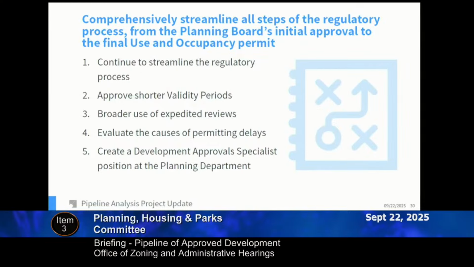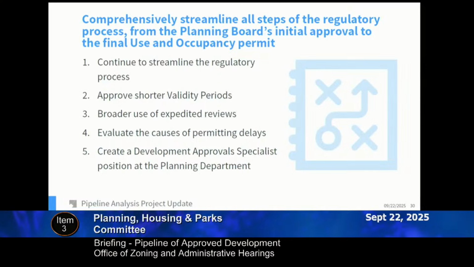Expedited review. The council has approved quite a few expedited reviews in recent years, and we're starting to see more projects take advantage of those. There may want to be consideration for expanding or broadening some of those expedited reviews. For example, for the mixed income housing communities, we can include 4% light-tech projects or reduce the size requirement from 150,000 square feet, because a lot of light-tech projects are smaller projects.